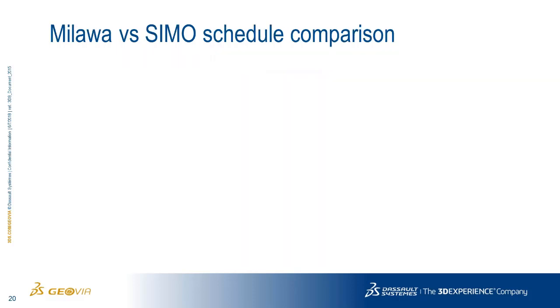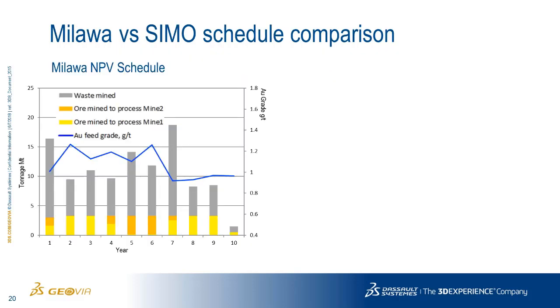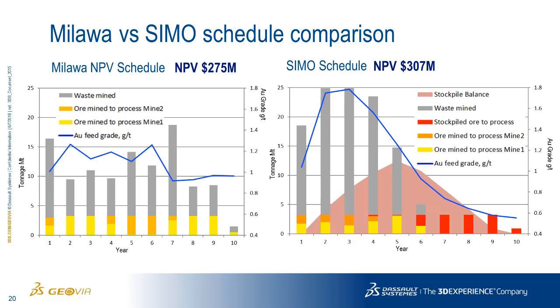And obviously the end goal, we said, was to improve the value of the schedule. This is a particular example where, based on the different mining sequence and strategy, we have different year-by-year physicals, and we've been able to move some of that cash flow forward, in this case producing a 12% increase. There are some white papers and case studies on the technology.